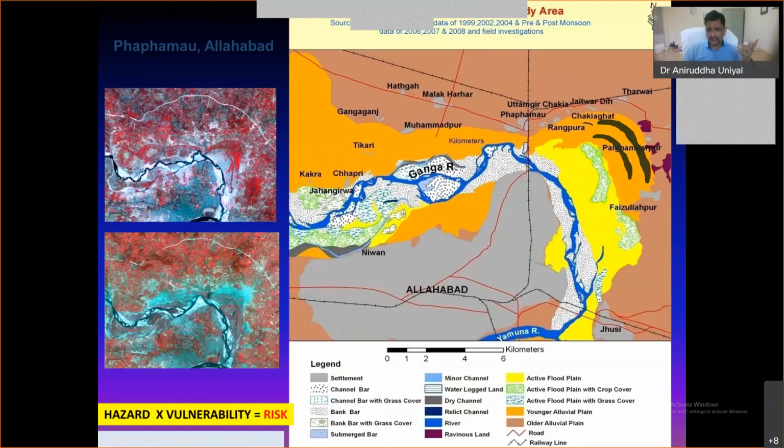Now here it is clearer. You can see the active floodplain on the satellite image. This is the junction of the active and old floodplain, and within the active floodplain, these fluvial features are more frequent and more abundant, and even within the old floodplain they are more abundant. And as we move on to the older alluvium, they occur less.